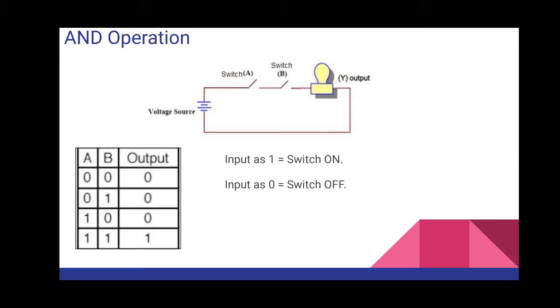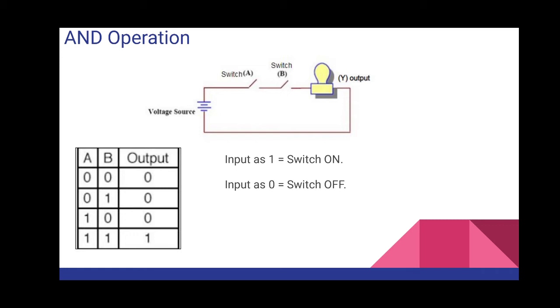That means it is not connected. But I have connected switch B, which means my switch B is on. So even though my switch B is on, there is no provision for my current to flow. It cannot make the circuit complete, because when the battery is connected, the current will start flowing and it will see that switch A is off. So it cannot move further. That current is not able to reach the bulb. That is why the bulb will not glow.